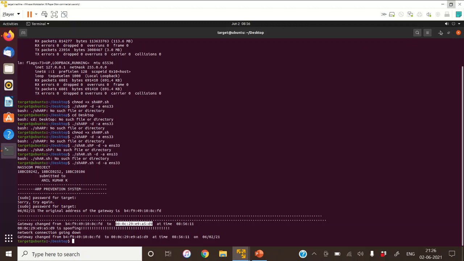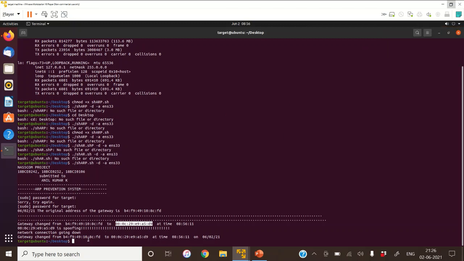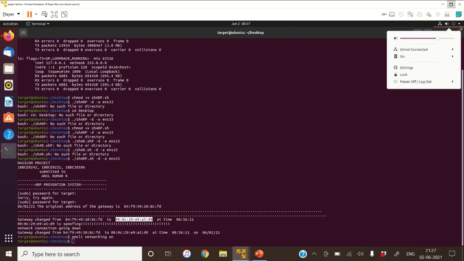Here we can see my network connection is down. Whenever the spoofing happens, the user can see that something is done on the network. So now ARP spoofing cannot be done. Then he can start his network again through this one, and he can use his network again.